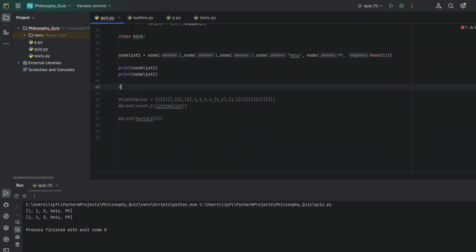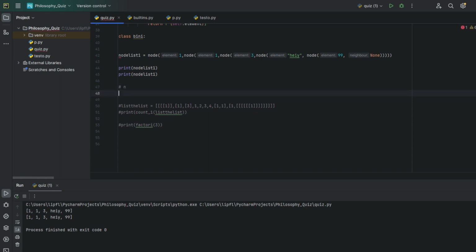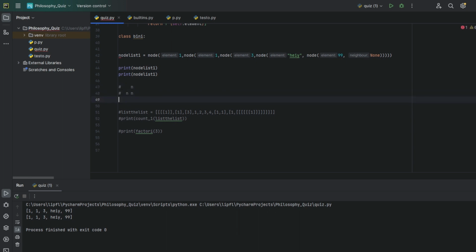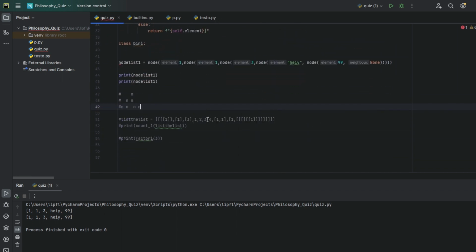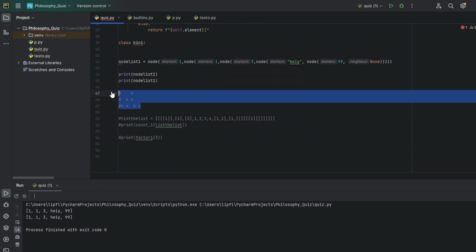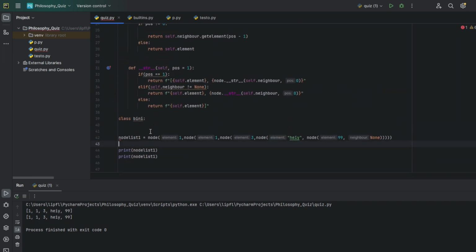A binary tree is like a list, but one node has two nodes, and these nodes also have two nodes, and so on. In each section you get double the nodes. Let's just call it binary node with underscore,